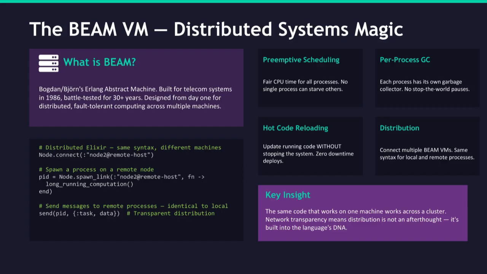Beam was built in 1986 for telecom systems, and it has been battle-tested for nearly 40 years across some of the most demanding reliability requirements in existence. Four capabilities stand out: